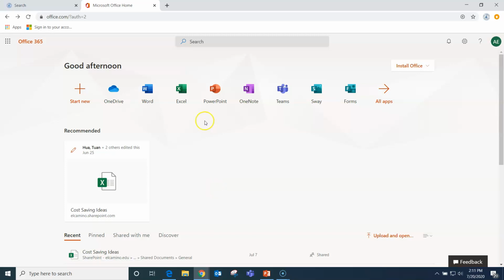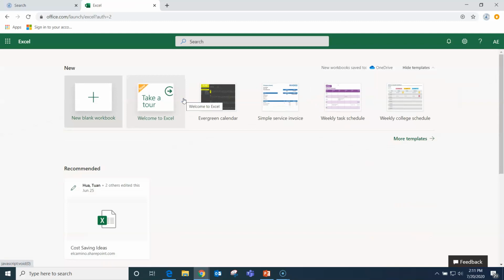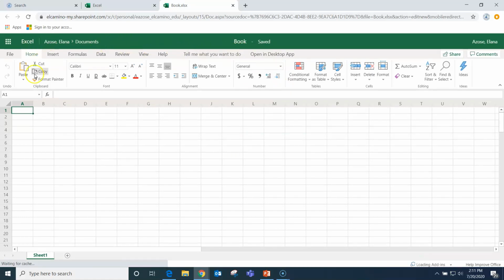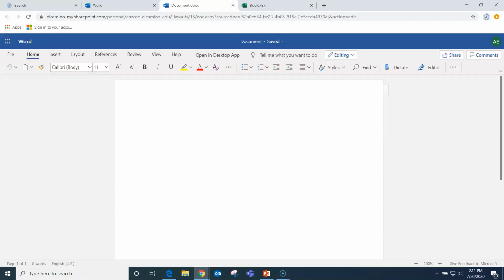When you click on one of the apps, such as Word or Excel, you may notice that the ribbon looks a little bit different than the ribbon that you're used to in the desktop version. In Excel, it's pretty much the same, but let's take a look at Word. In Word, it looks kind of like a light version of what you'd have when you're using the regular desktop version. But one of the benefits of 365 is that it gets updates from Microsoft automatically. So there's no need for you to manually run any